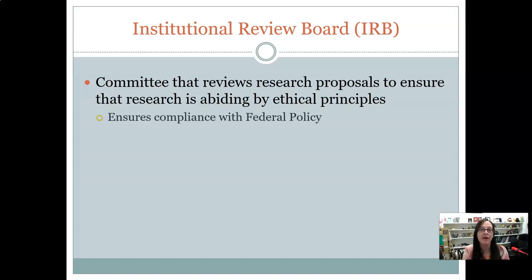So this happens before, to make sure that the research somebody is proposing is abiding by all of those ethical principles, and making sure that there's compliance with the federal policy, with the Common Rule, and making sure that no harm is going to come to participants outside of minimal harm, and that's justifiable if there are maximum benefits. So basically these committees pore through any proposed research within their institution, and make sure that there is going to be no foreseeable ethical breach if they go forward with the research as proposed.